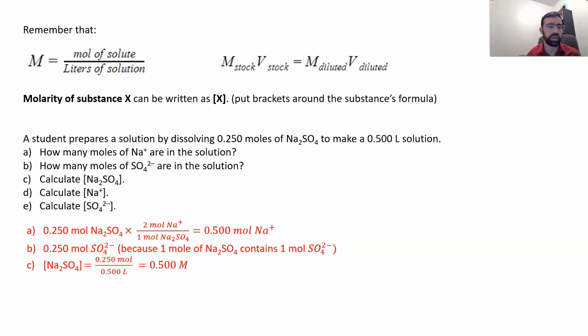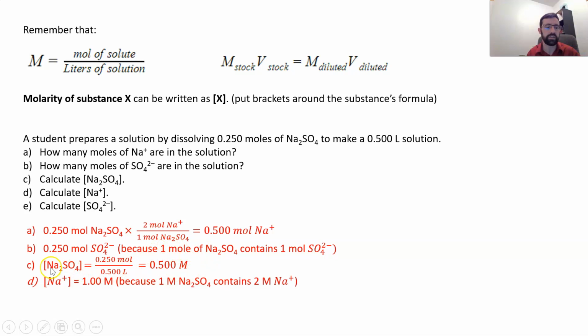Now we want to know the concentration of Na+. Well, we have moles of Na+ right here. Divide that by the same 0.500 liters solution. You end up with 1 molar solution. And that makes sense because it's twice as much as the answer in part C. 2 times this would give us 1.00 molar. And that makes sense because